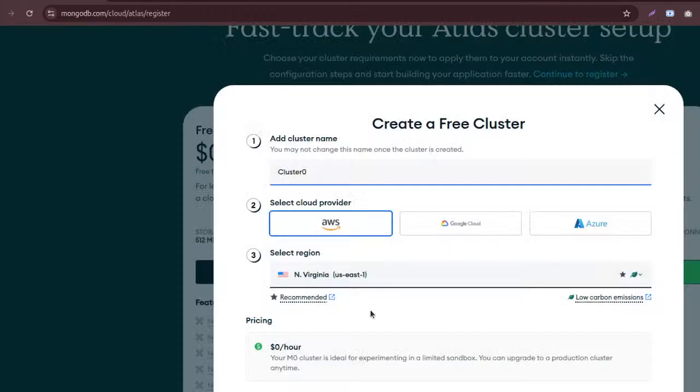Okay, a cluster is not a big deal. It's a big node, like a top-level unit where you can manage your other smaller nodes. So I think that creates a free cluster.